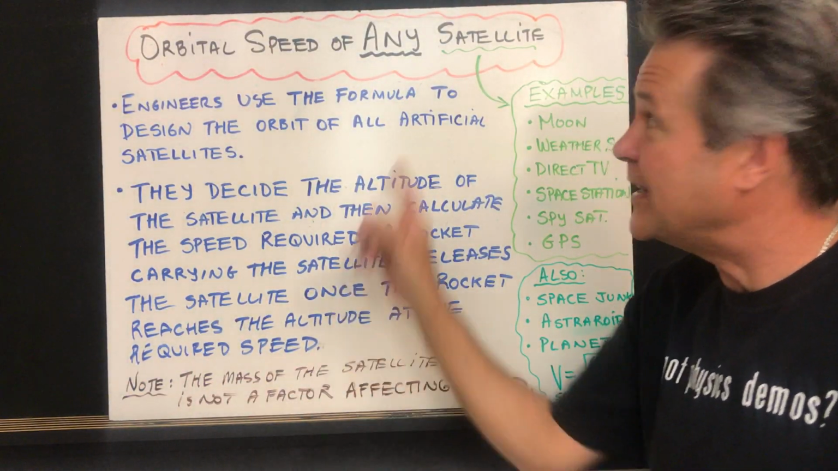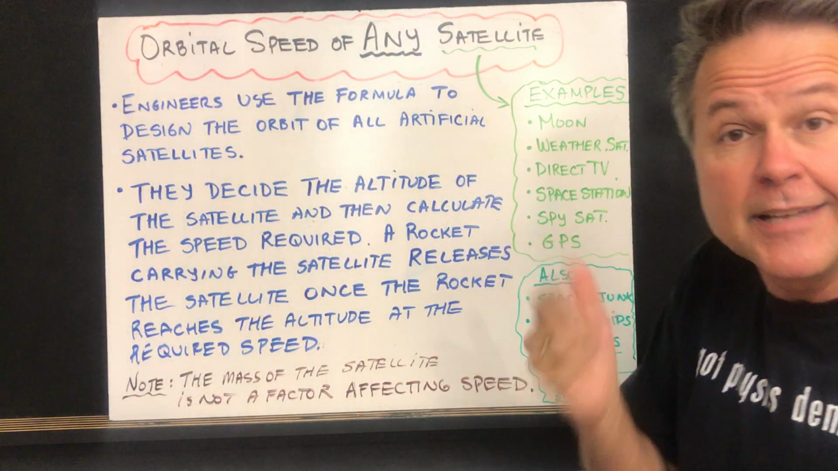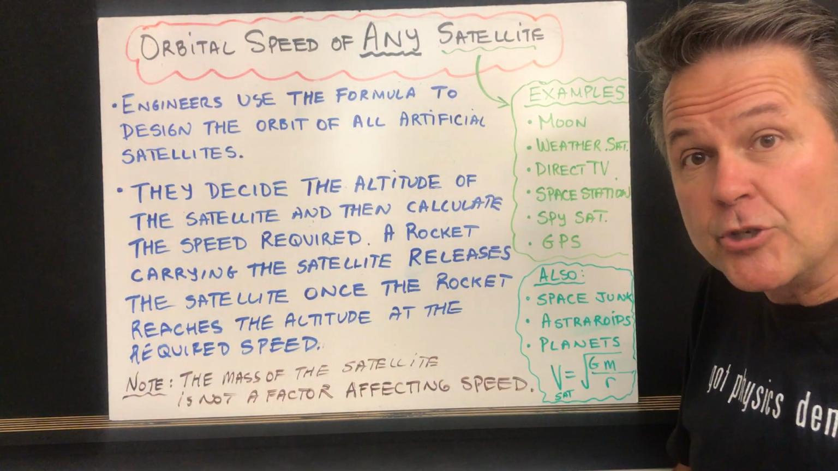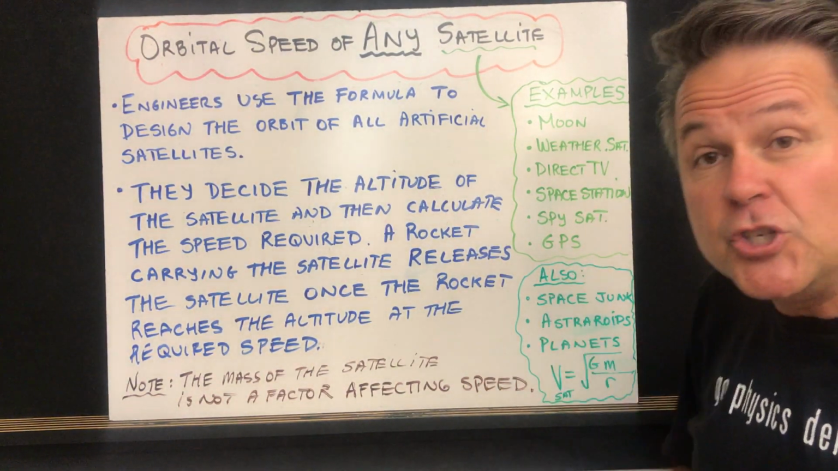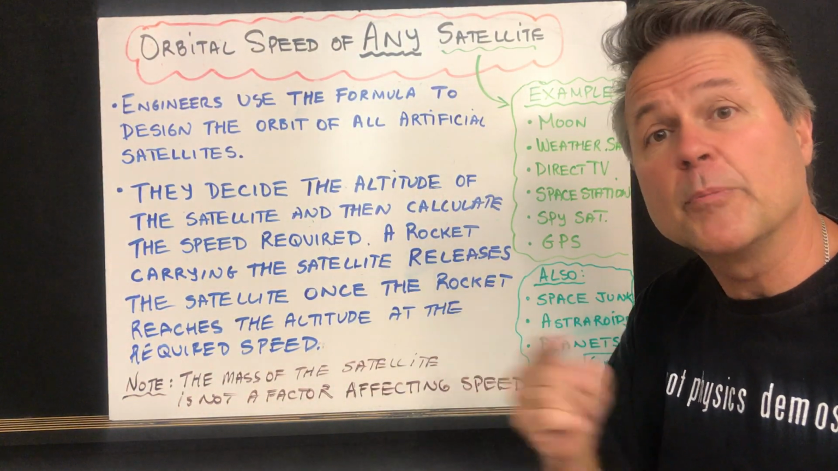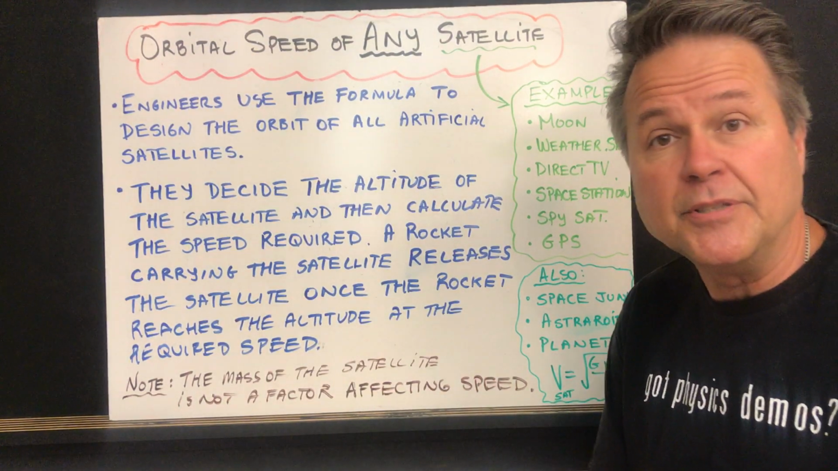So the orbital speed of any satellite, not just the moon, it could be weather satellites, the satellites used by DirecTV, the space station, spy satellites, GPS satellites. And it also includes space junk, which is in orbit around the Earth, spent pieces of rocket,